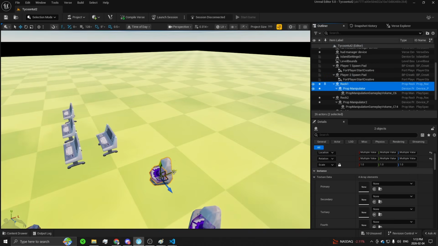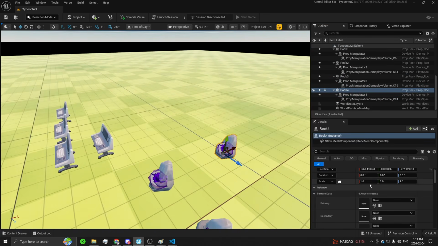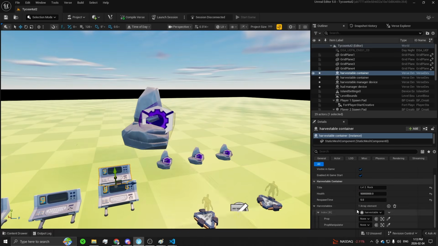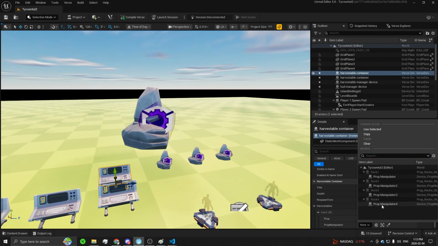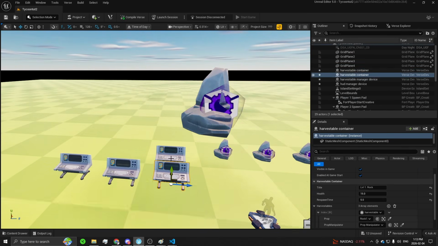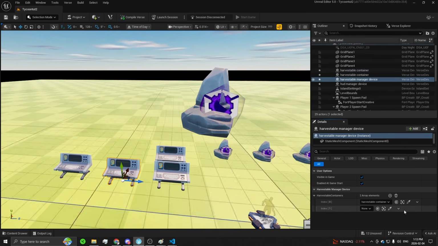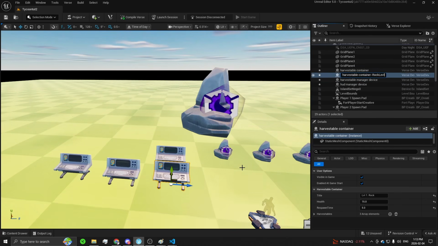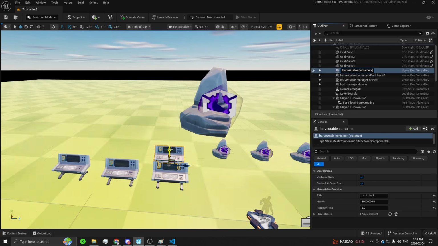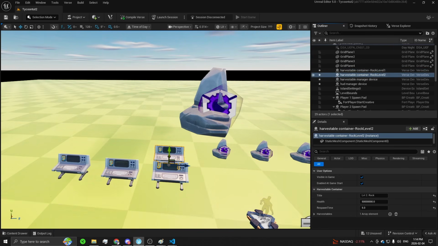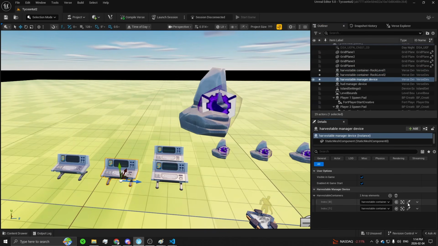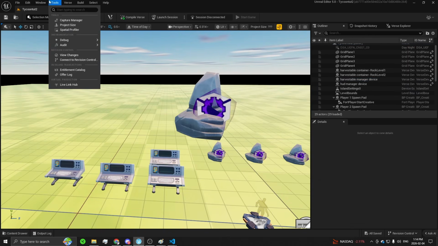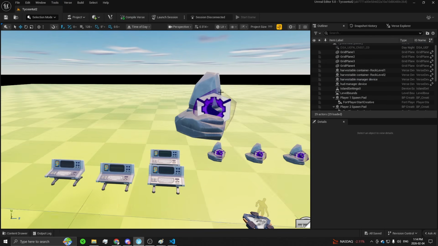So we can just duplicate one of these rocks out, and to see the difference, let's just scale this up so you can see what's happening. And just select that one, 4 and 4. So this one will be our unbreakable super rock. And we'll also have to add that container in here, which you should probably rename rock level 1 dash rock level 2, just so you can differentiate them. Not that it's all that important. Slide over these, save, compile one more time just to make sure,